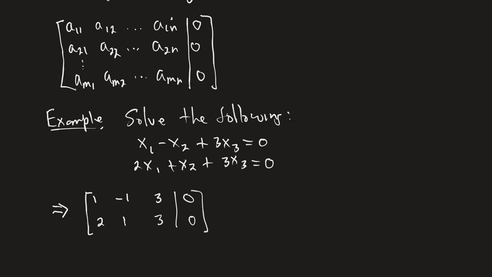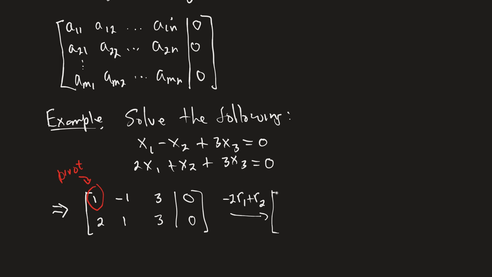We have our pivot right here, right? So the first thing that I like to do is, once I have my pivot in the upper left corner, eliminate everything below. Well, there's only one entry below. So all I have to do is take -2 times row 1 and add it to row 2, and that